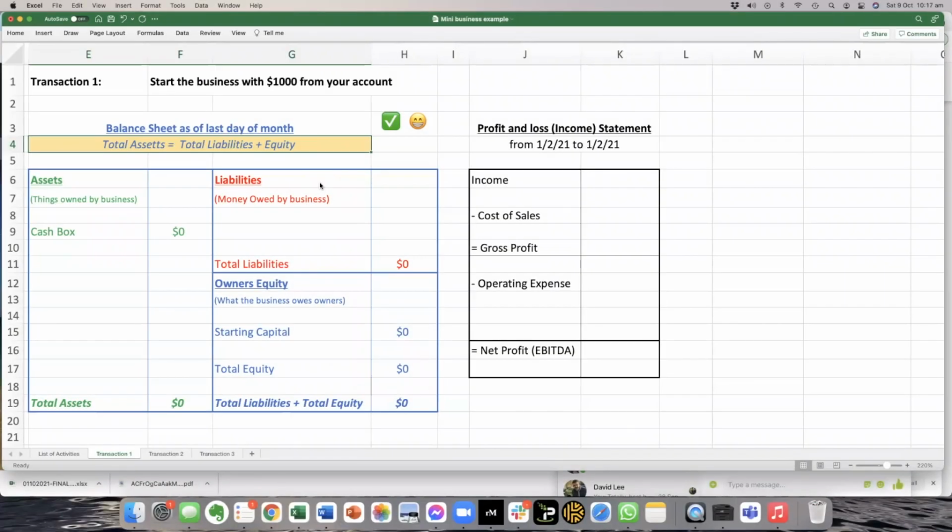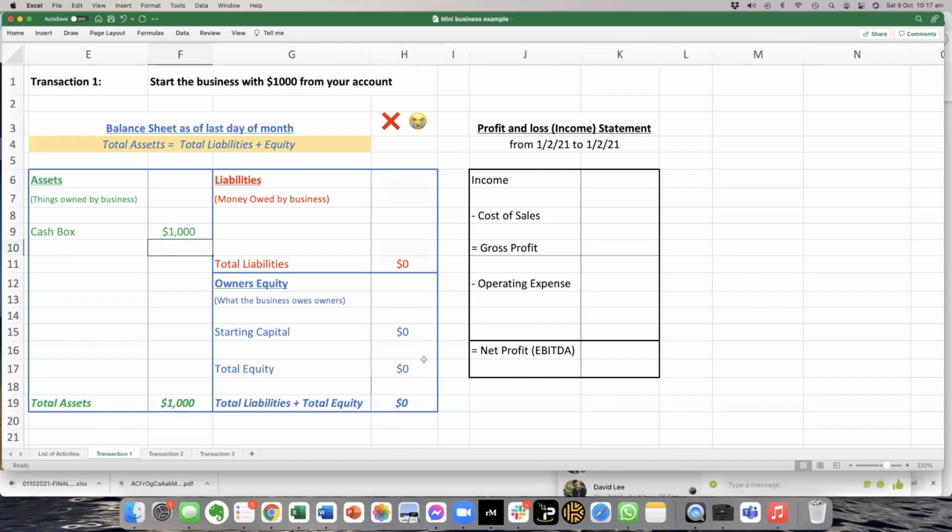So let's imagine we're going to start a business, and we're going to start with $1,000 from our own bank account. And we're going to set up our financials, whether we've got Xero or QuickBooks organized. This is how it all starts to happen. Okay, so we're going to take $1,000 cash, and we're going to add it into the cash section of our